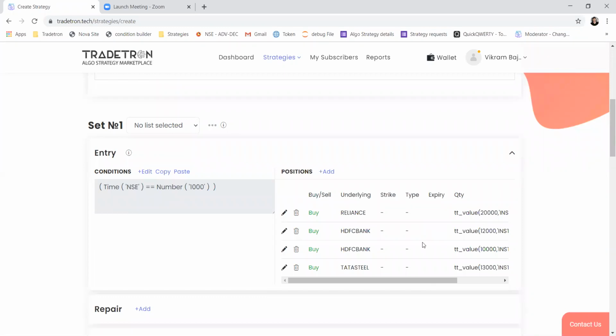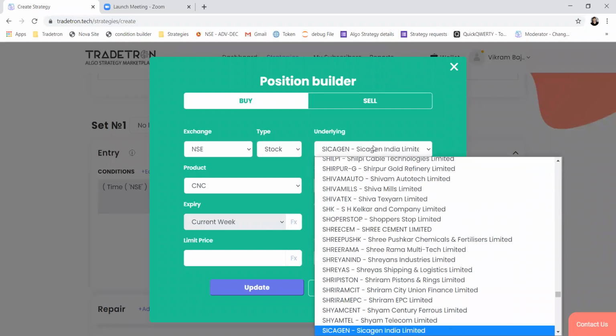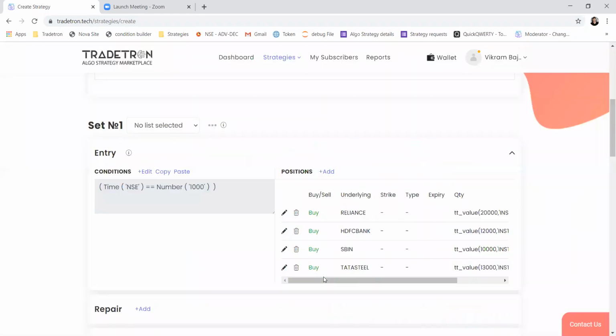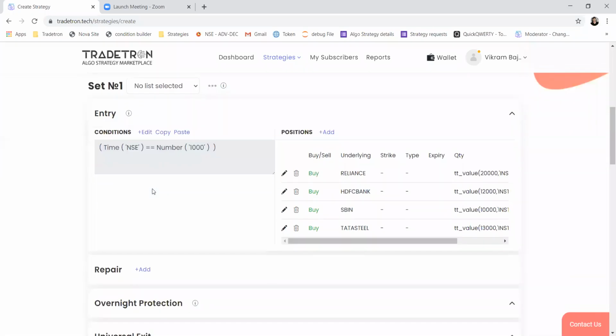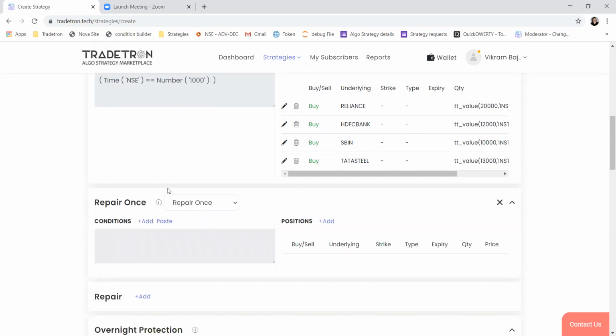I have taken a ratio and I have decided. So there's basically no restriction. You can add any number of stocks. There's no restriction on the number of legs you can add in a strategy. Okay. So these are four stocks with different values, which will be taken on as soon as we deploy this strategy. Now we want to write a condition which will recreate the same portfolio or take the same stock, maybe in different values or with the same value, on the first of every month.